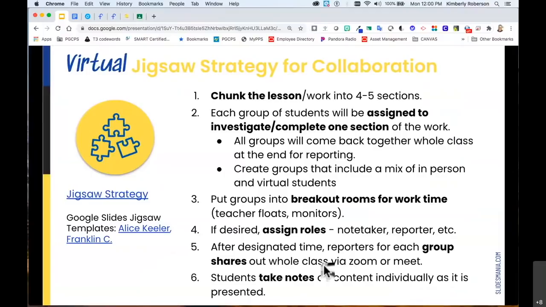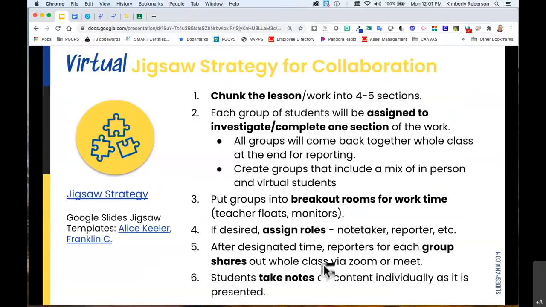Each group of students could be assigned to investigate or complete one section of the work, and all groups come back together as a whole class at the end to report to other groups. Create groups that include a mix of in-person and virtual students. Put groups into breakout rooms for their individual work time, and if desired, assign roles such as a note taker,